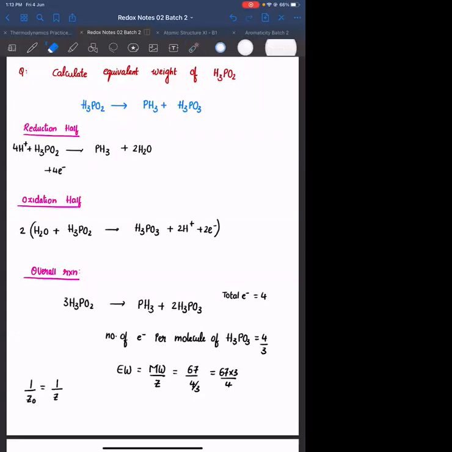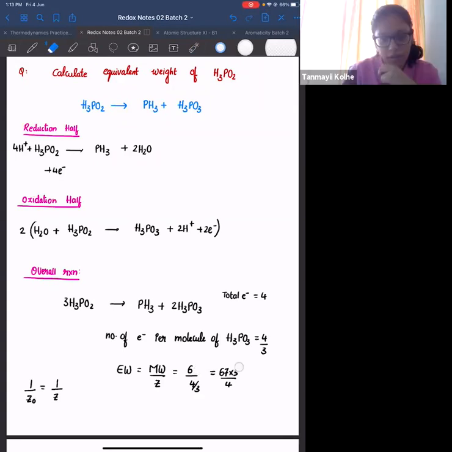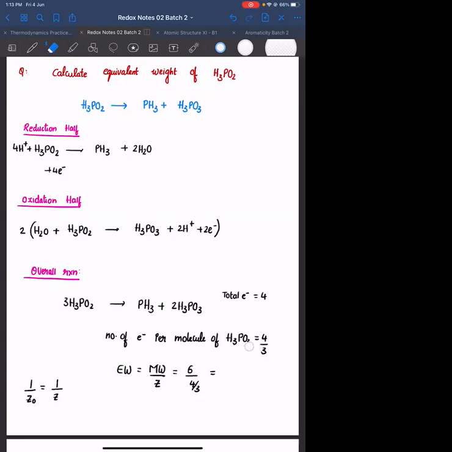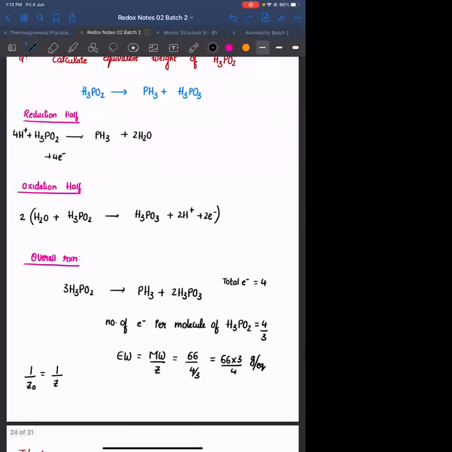सर समझा. Okay. पर molecule के यहाँ पे आपने H3PO3 लिखा. Okay. यहाँ पर molecule of H3PO2. Sorry. H3PO2. This is 66 upon 4/3, which is 66 into 3/4 gram per equivalent. I can also calculate the overall Z factor as